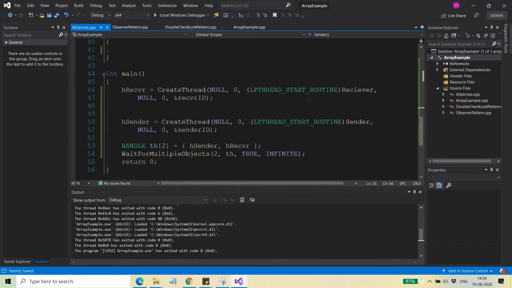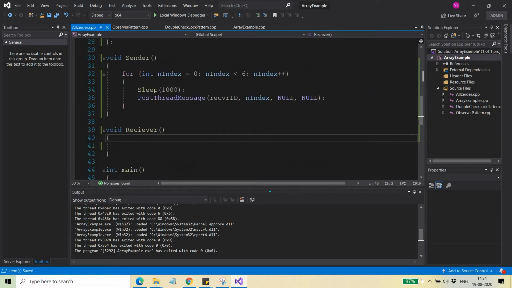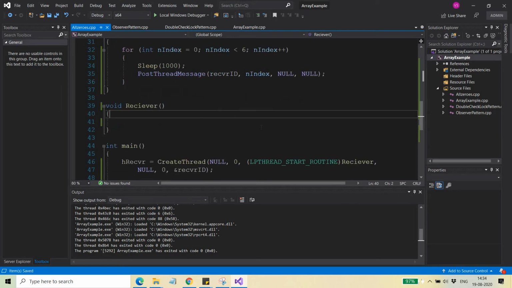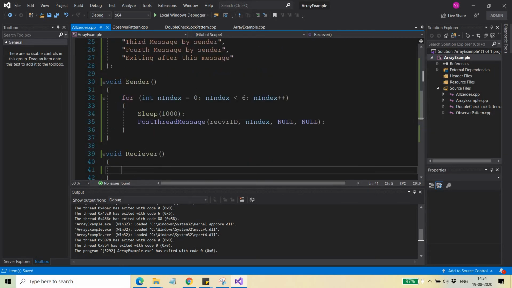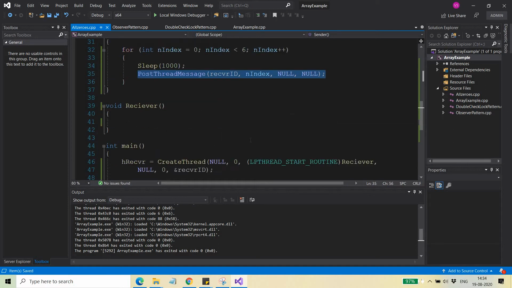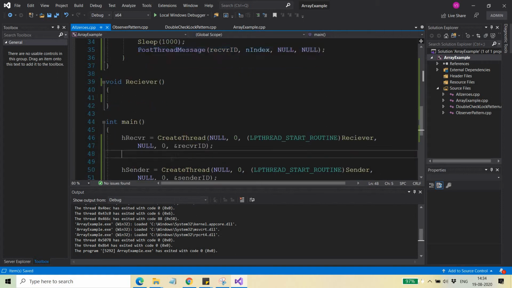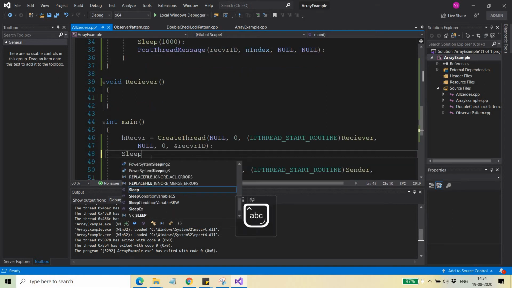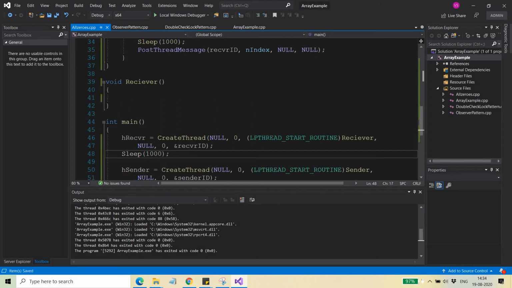One thing you need to note is that I have created the receiver thread first, so that the receiver gets created first and gets ready to receive before the sender can start sending the messages. Because if the receiver is not there, then where will the messages sent by the sender land? They will land nowhere. That is why I have created the receiver thread first, and after that I can add one sleep, I guess Sleep 1000, so that it also gets some more time for any other stuff which may take some time. So within 1 second, the receiver will be able to get up and running.